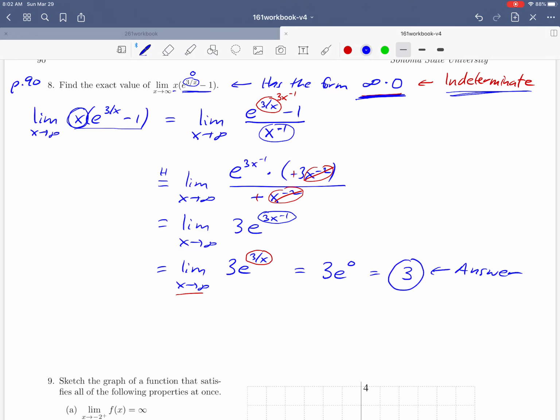Okay. So again, just to reemphasize, this is kind of a surprising result. We started with a limit that has the form infinity times 0, and we actually got an answer of 3. Again, illustrating why we use the word indeterminate. We couldn't have really predicted this answer of 3 without going through the process that we did. And as you do future exercises, you will notice this